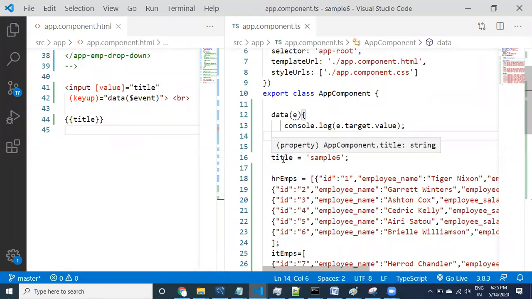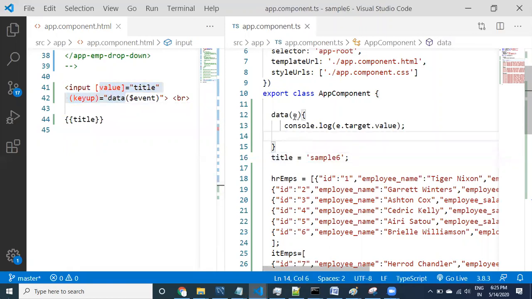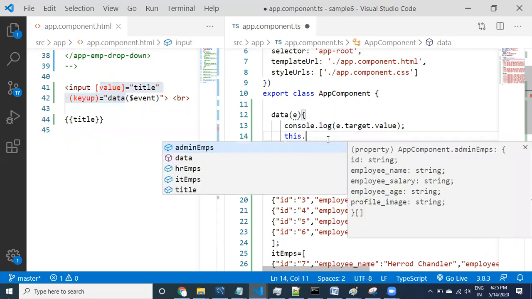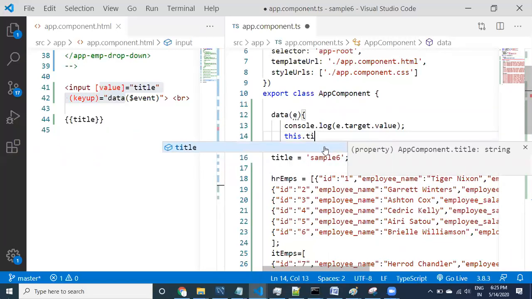So I want to change the property. If I make any changes here, values automatically come here, right? So from here we are doing it. I want to access this property, and to access it, this is compulsory. We have to use it. This means an object level property. This is not a local property. We have provided this property inside the class, meaning it is an instance property, so I have to use this. Using this is not compulsory in Java, but here it is compulsory to access object level properties.